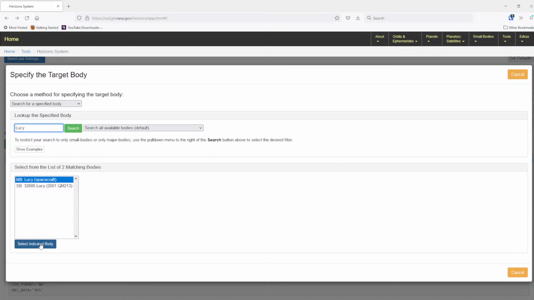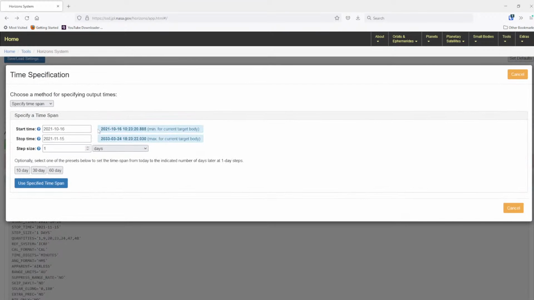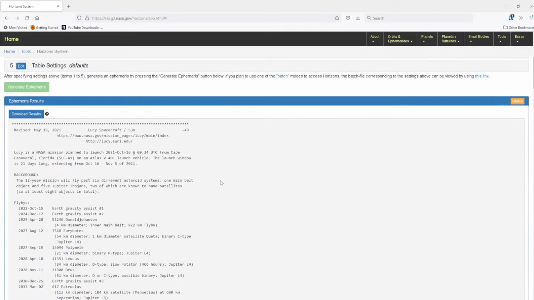My guess is that I'm trying to query beyond what it's capable of. So it launched, we'll call this tomorrow. We're just going to say 1 calendar month, and we're going to go for like 6 years. So when we hit generate ephemeris,